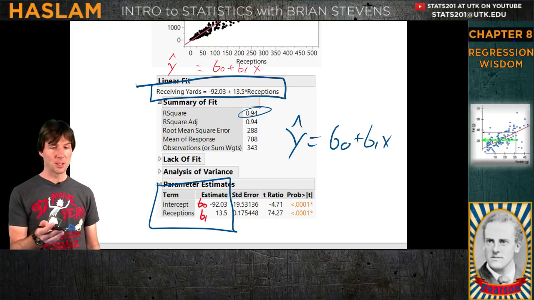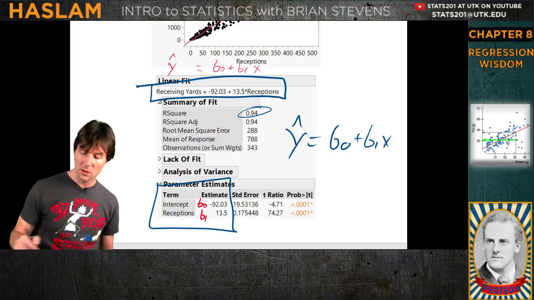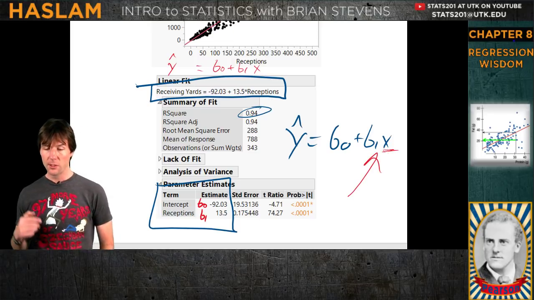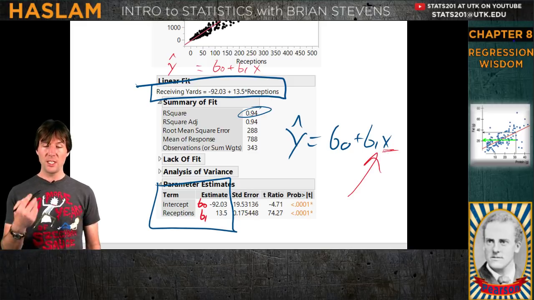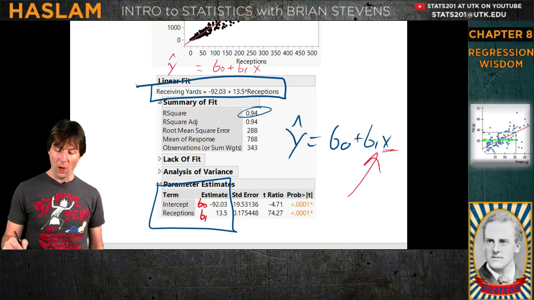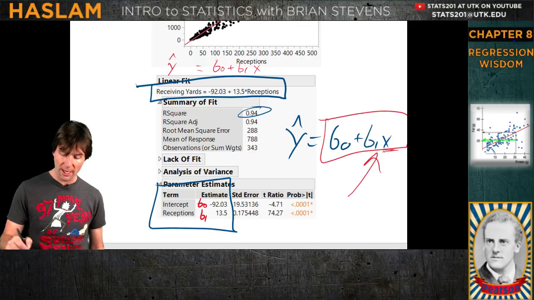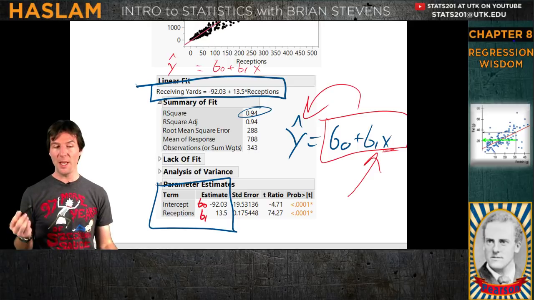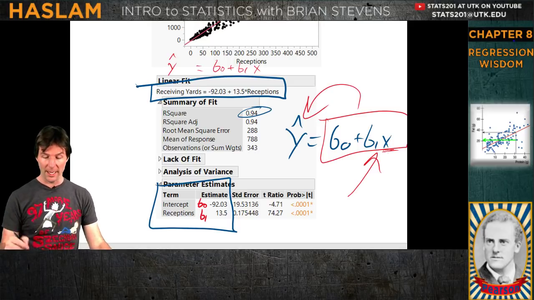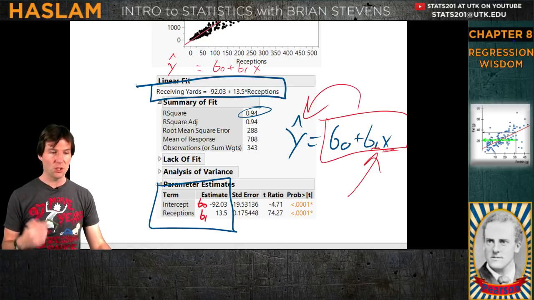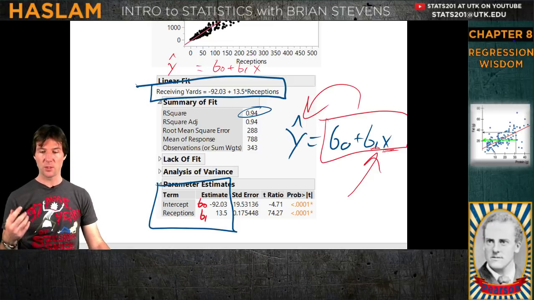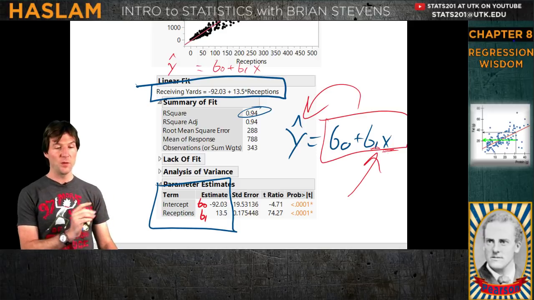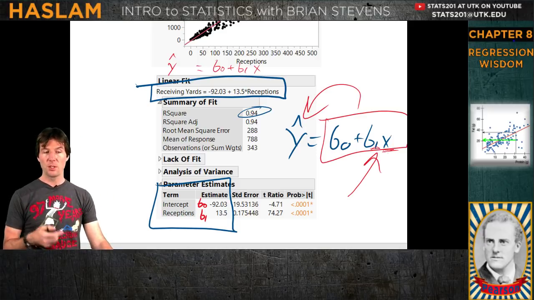We'll talk about that in a moment. But think about what B1 means. B1 has a 1 on it, and it's connected to x. So B1 is, for each additional x, we expect y, because the whole equation solves for y. For each additional x, we expect y to increase by B1. These are important things, and they are in my other review videos, and you'll see them written out. But try to interpret this.